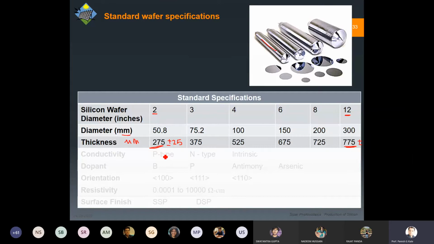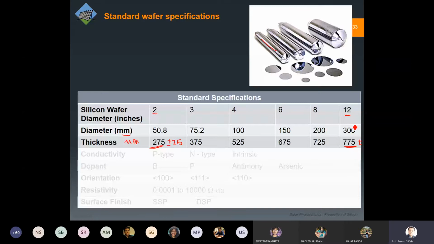Why can I not achieve a thickness of 275 even for a 12 inch wafer? Where is the problem? Sir, because its diameter is large, it may break. Yes, absolutely right. When you go for a large size and a thinner wafer, the first thing is the possibility of breaking, because the cutting can be uneven. You cannot have somewhere 500 micrometer, somewhere 1000 micrometer thickness. So that uniformity is quite crucial, and maintaining it over such a large surface area is another problem.